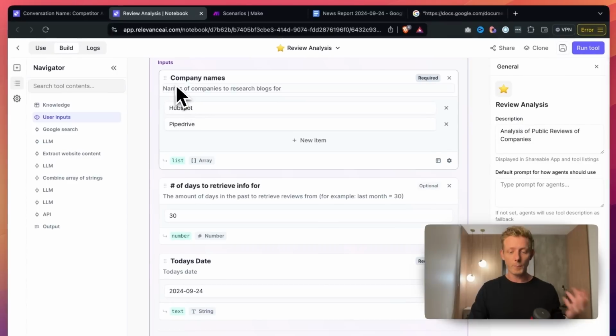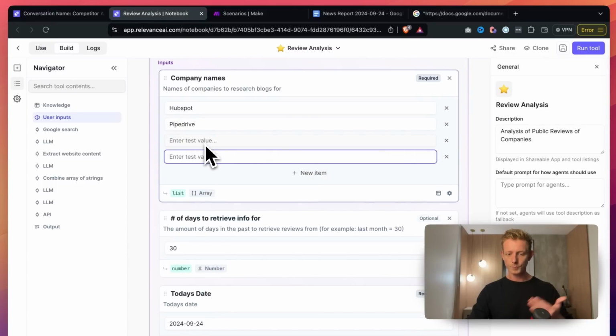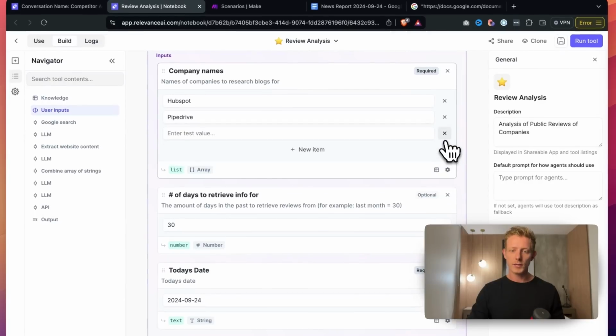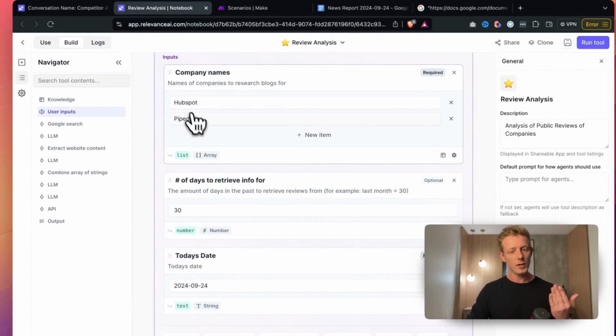So here we have the company names. Now, in this case, we actually want our agent to be able to do company research on multiple companies, right? And that's why we don't use a normal text input. We use a list input, and a list input basically allows our agent to fill in multiple different companies here. So that's what we instructed our agent to do here, and you can see it did it, right? It put HubSpot in one and Pipedrive in another. Now, why do we do that? It's basically because then we can run this tool on each of these separate